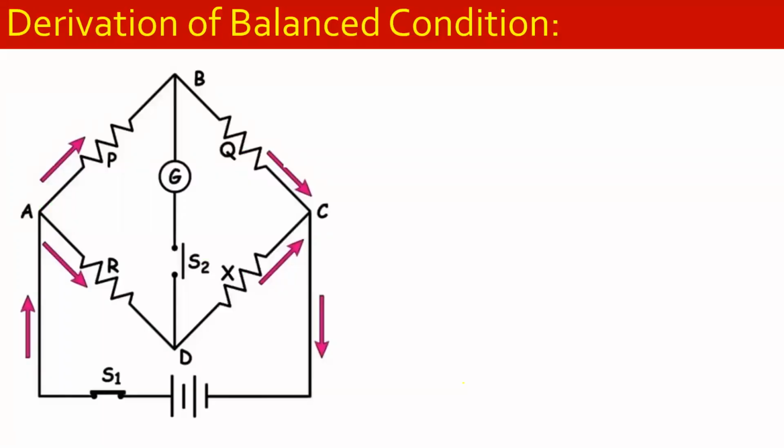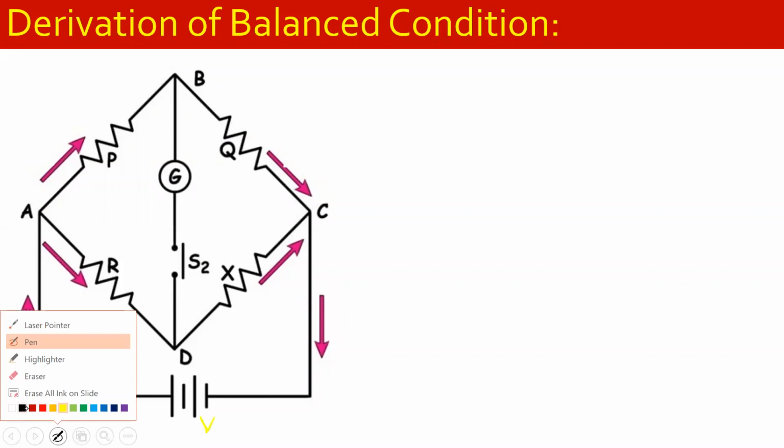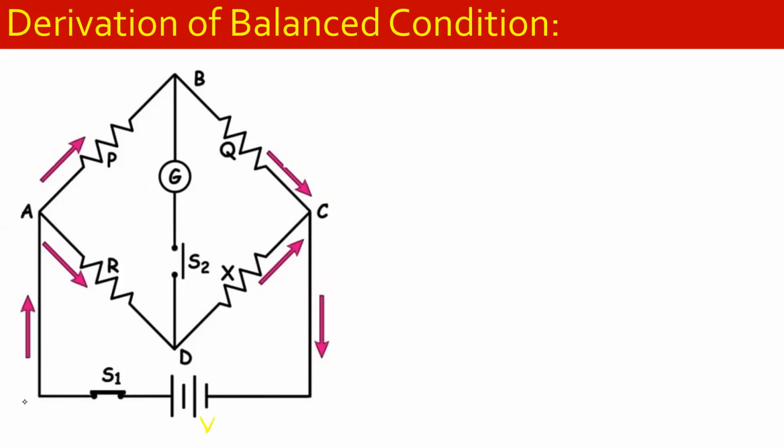So here we are having an arrangement, and in this arrangement here we are having a battery जिसकी हमने वोल्टेज V मानी है। Here S1 and S2 are the switches जिनको हम कभी भी ऑन या ऑफ कर सकते हैं। If current of I amount flows through the circuit, तो ये I amount का करंट यहां जाएगा।